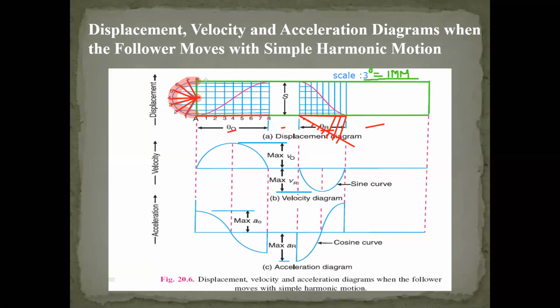So that is also happening. You will see the intersection of 1 1 and 2 2 and 3 3 and 4 4 and 5 5 and 6 6 and 7 7 and 8 8, and similarly 8 8 and 7 7 and 6 6. In a similar way you have to mark those points and give the representation.